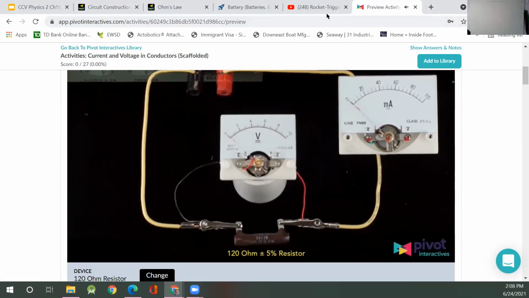All right, sorry I forgot to share my screen there, but this is a good start to understanding how Ohm's law